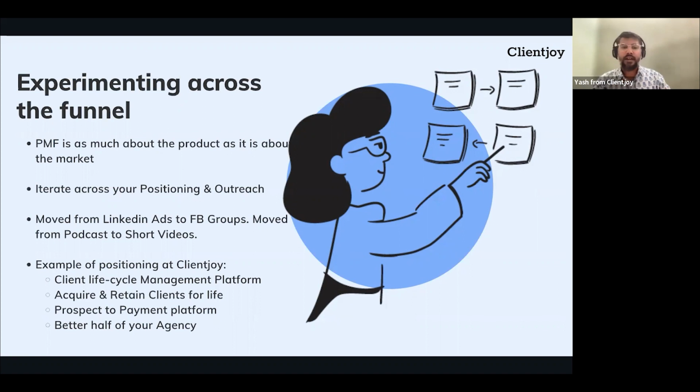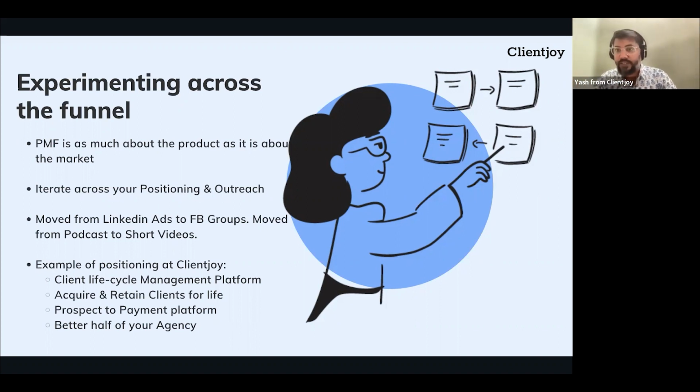फिर भी सेड कि यार क्लाइंट लाइफ साइकिल मैनेजमेंट इज नॉट समथिंग दैट पीपल रेजोनेट विद, they are not able to understand what it is. तो और एक ट्राई किया कि अच्छा ठीक है, क्लाइंट जो विल हेल्प यू कि हम आउटकम ड्रिवन पोजीशनिंग करते हैं, राइट? सो कि वी विल हेल्प यू अक्वायर एंड रिटेन क्लाइंट्स फॉर लाइफ, है ना. सो अगर आप क्लाइंट जो यूज करोगे तो आप अपने क्लाइंट को पूरे लाइफ तक आप उसको सर्व कर सकते हो. एंड देन वी हैड प्रोस्पेक्ट टू पेमेंट प्लेटफॉर्म,